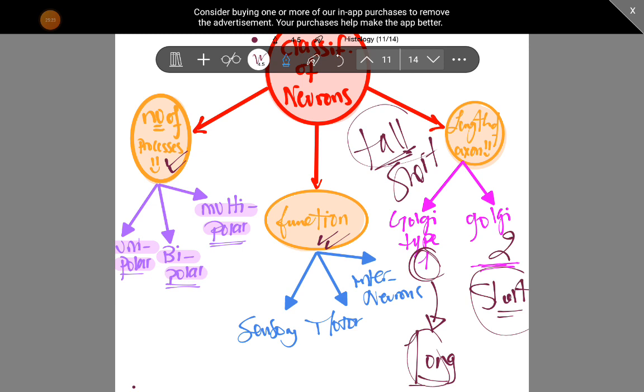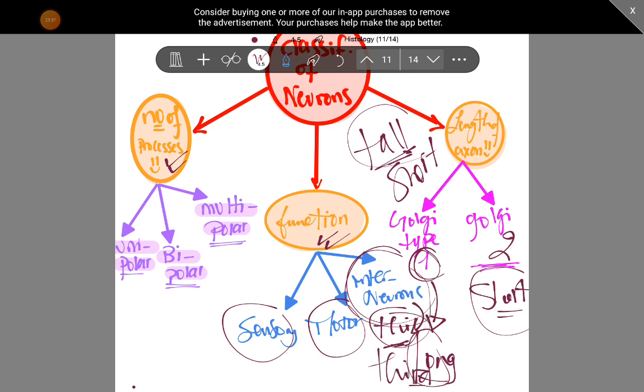What about the function? The function is either sensory, motor, or interneurons. And I said interneurons are the third wheel. If you're a couple going out on a date, your friend who is on the phone with you, the third wheel, is the interneuron. You can find those interneurons in the retina or in the spinal cord. Motor,